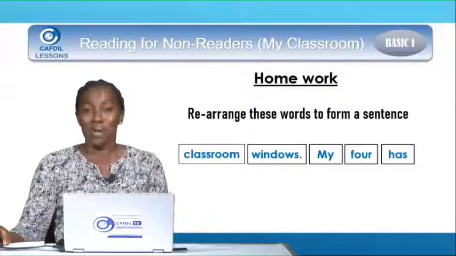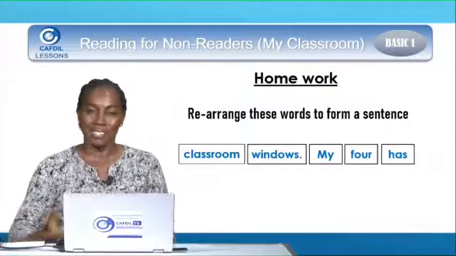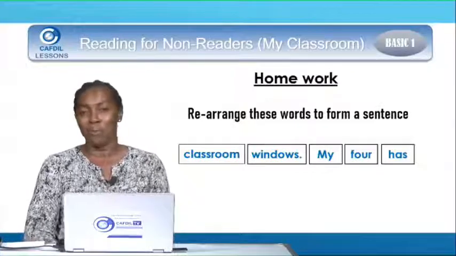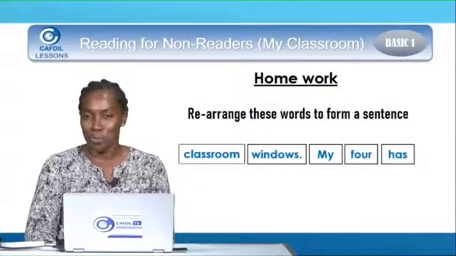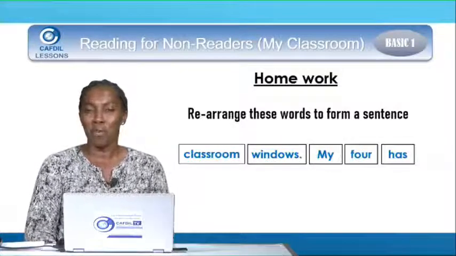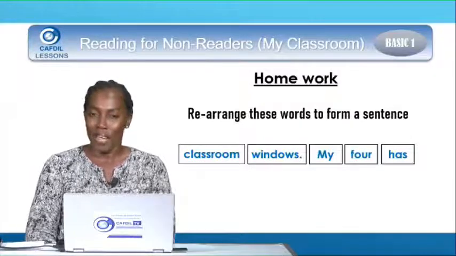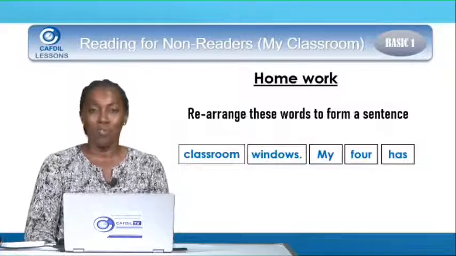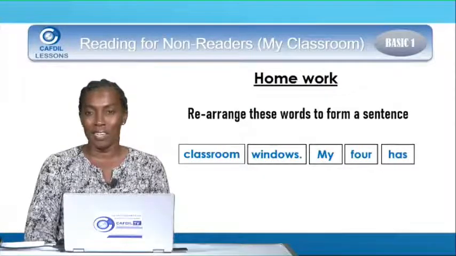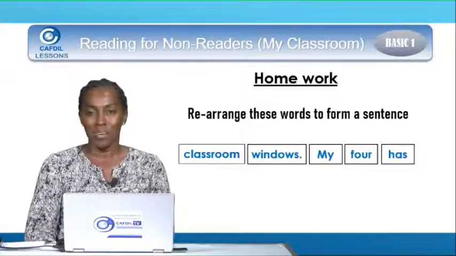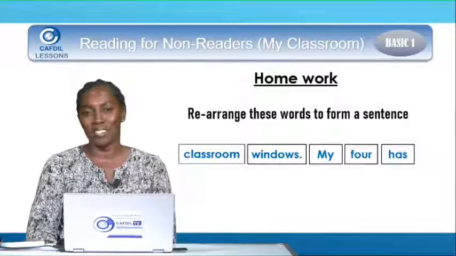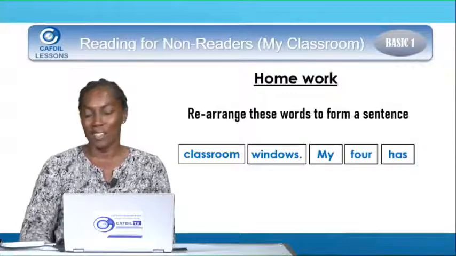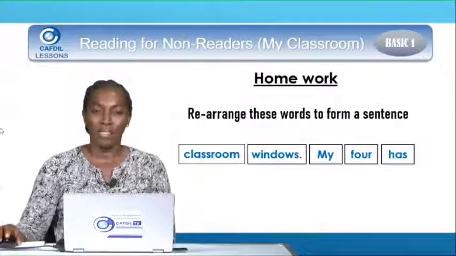We are gradually coming to the end of our lesson. But before we go, you have to do some homework for me. We are again going to rearrange these words to form a sentence. And the words are